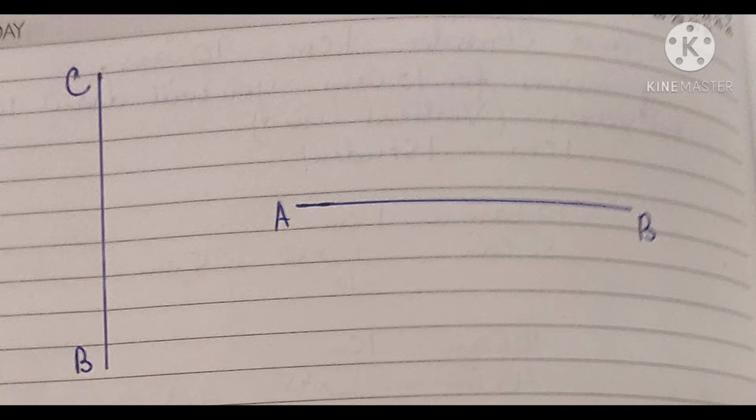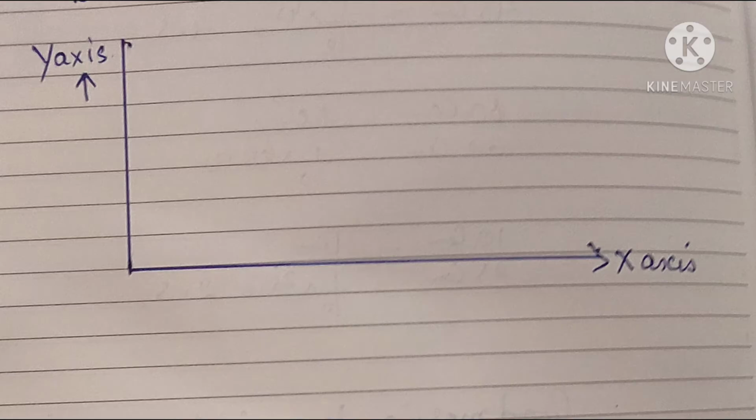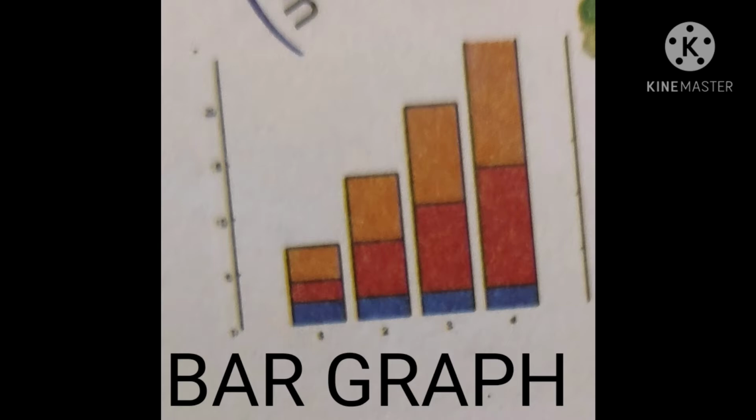Children, a bar is drawn on two lines that are perpendicular to each other. Perpendicular means two lines that meet each other making a 90-degree angle. These lines are known as axes of the graph, and they are usually named the x-axis and y-axis. Children, on the horizontal line, or x-axis, information like months, days, years is given. Now children, let us understand all these points by taking one example.